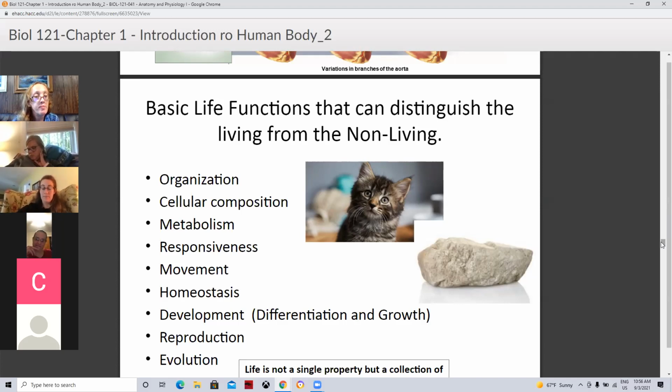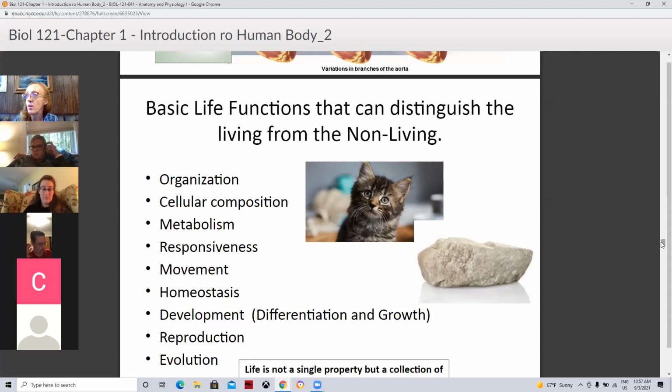Metabolism, being able to take in food sources and break down and absorb and eliminate waste. Being able to respond to stimuli. Movement. Homeostasis, which is something we'll touch on today,